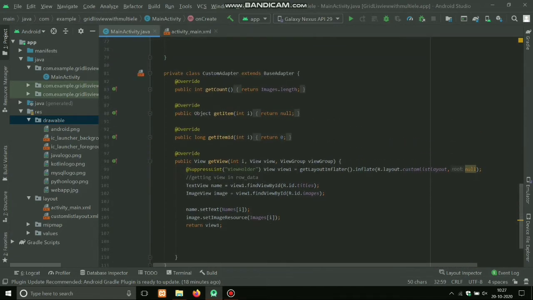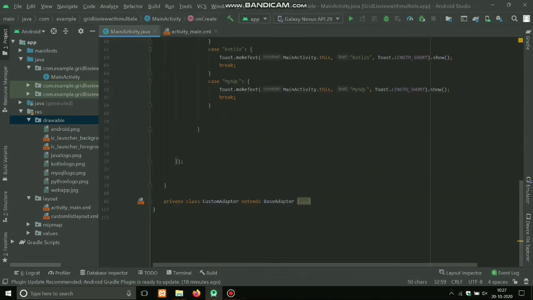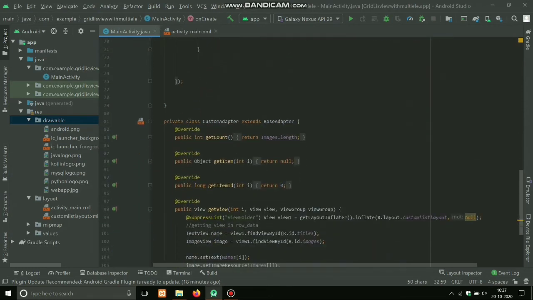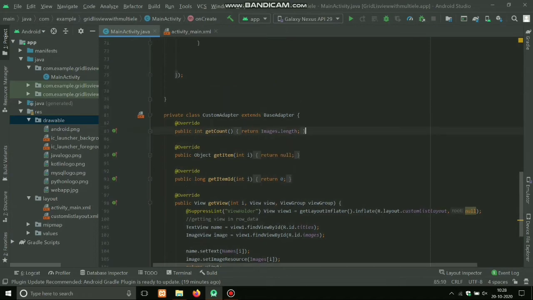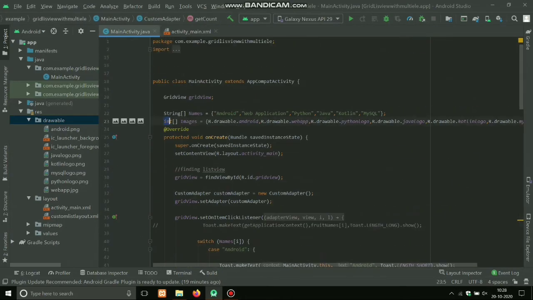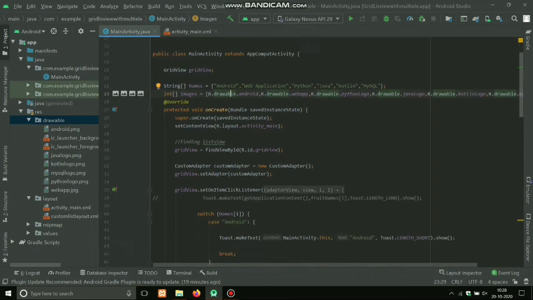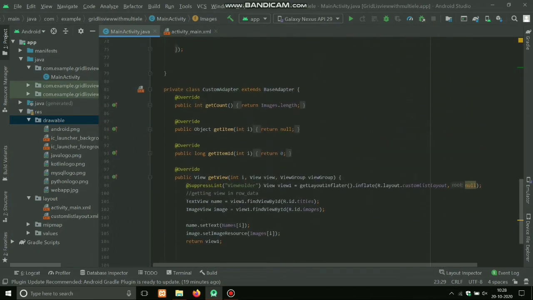See, here I'm initializing this. You can also make this in a separate file, but I have created it in the same file. This custom adapter class is extending BaseAdapter, which is default. Okay, so here you have to override 4 methods. First, getCount, like how many contents are there. So I'm returning image.length, whatever the length of the images is, so it will be the length of the content, right? Or you can say name.length also, same.